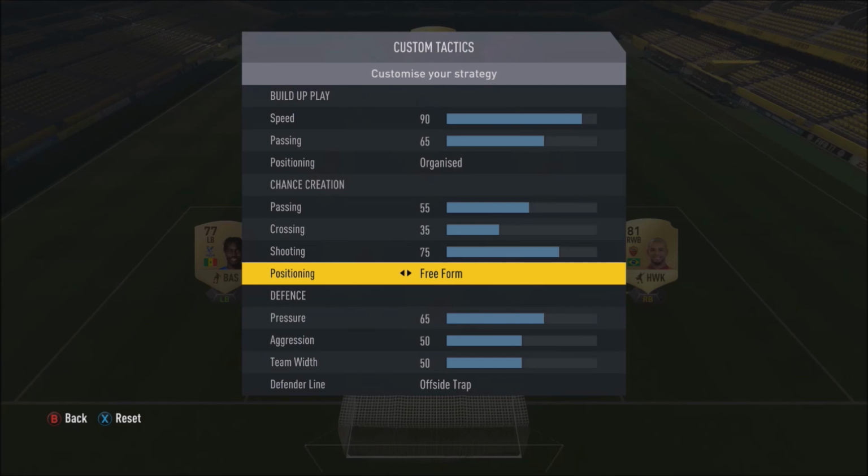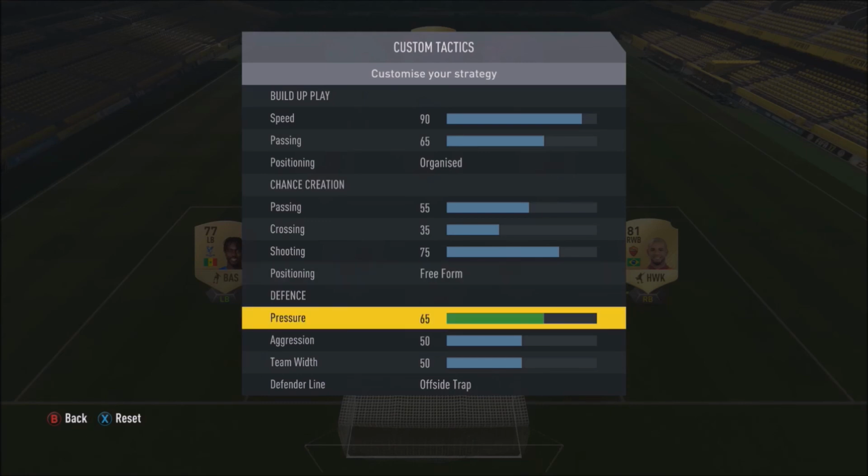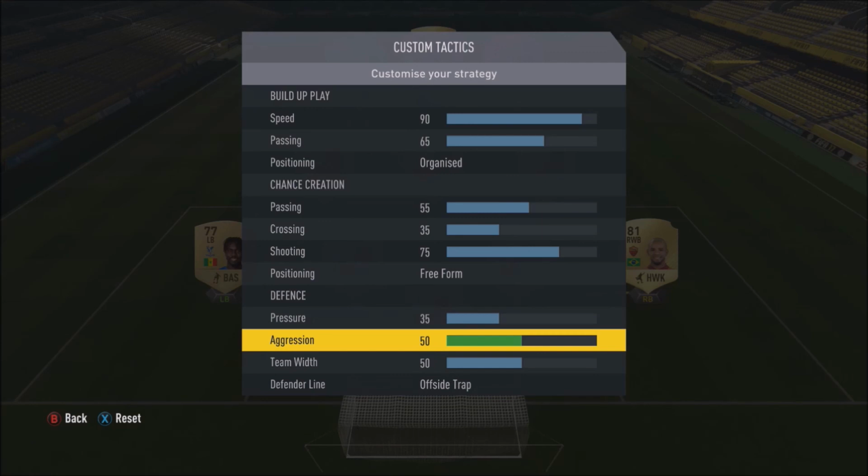Now for chance creation, you want your passing up to 55, you want your crossing down to 35, and you want your shooting up to about 75. And for positioning, you want freeform. Basically this will just mean that you're attacking quickly, which I keep going on about, but it really does help when you're playing FIFA. If you're coming up against opponents in FUT Champions, I recommend that you go on ultra defensive from the start and you just break, because FUT Champions is really sweaty, and that's how you